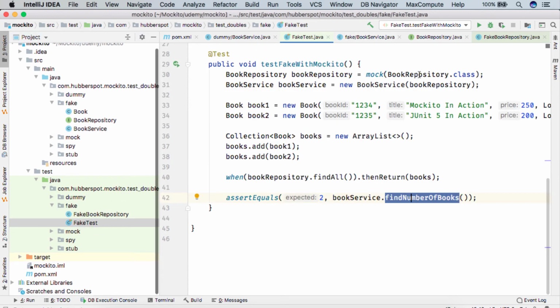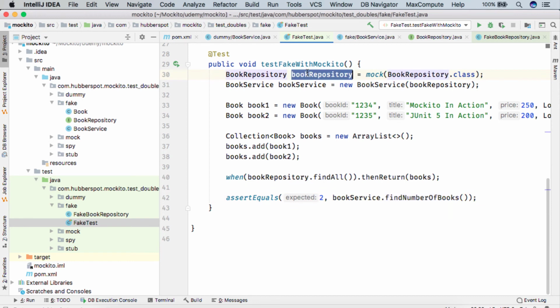But there is one mocked implementation which we have created here and which we have passed to this book service, and we are telling that hey mock, whenever this findAll method is called on you, then instead of going to the external DB, just simply return us the books which we are creating here.